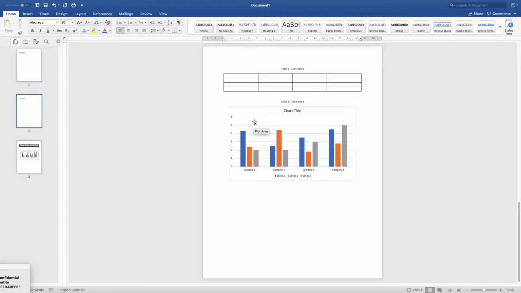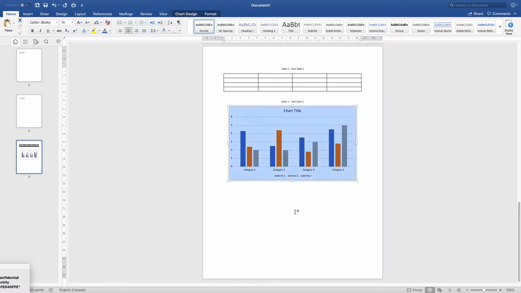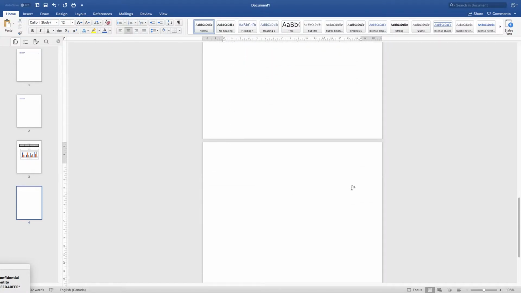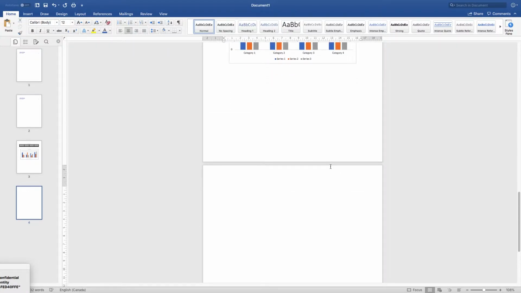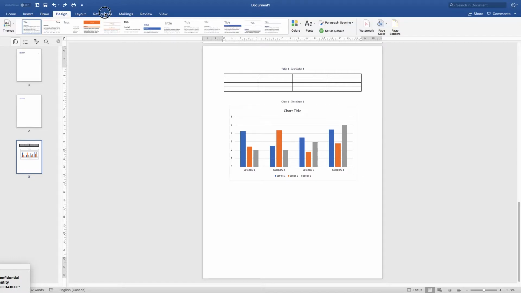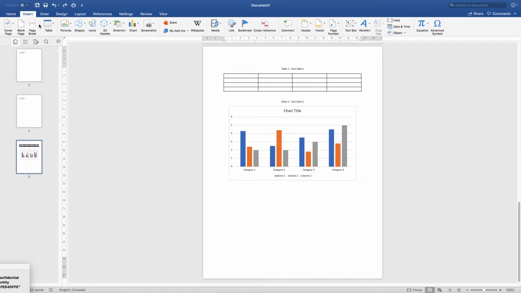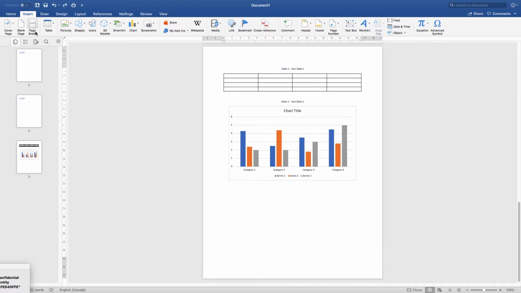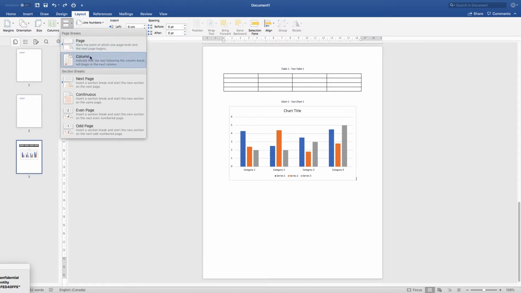One more thing you might consider doing is, whenever you're inserting a chart, depending on the size, you might want to flip the page so the chart can show all of its details. And I already showed you how to do this, right? So you would insert a different type of break. In this case, you would be inserting a section break. So for that, you go under layout, section break,